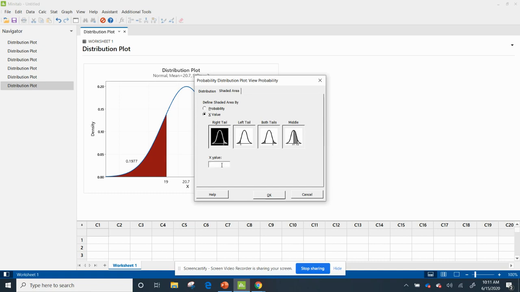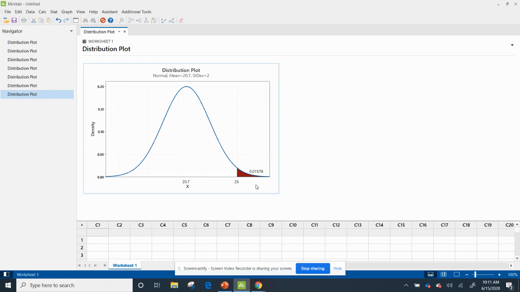And I'm going to change this. Remember, I said it was greater than 25. So X value, right-tailed, 25. Hit OK. And look, it drew me this picture. So here's 20.7. Again, that's my mean. 25 is my X value, and I want to know greater than or above. So my answer is